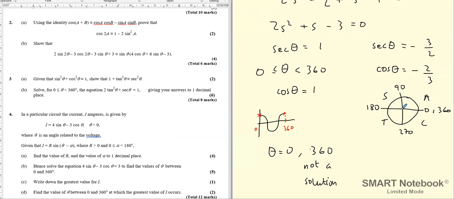Which quadrants is cos negative in? In sine and in tan. And what I need to do is get the angle from the horizontal. So if I do theta equals inverse cos of minus 2/3,